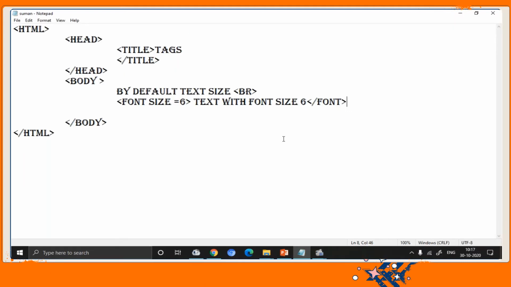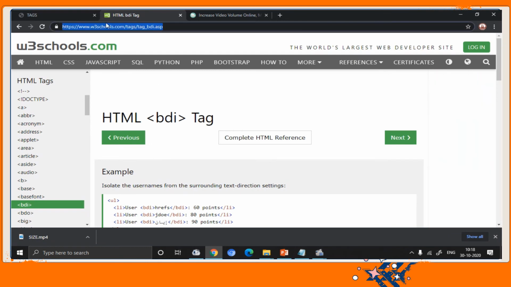To use the color attribute, you just need to simply use that attribute in the font tag, like I'm using color is equals to, in the double quotes write the name of the color, like blue or red or any other color name that you want to use. After this, just save your program and refresh your web page to see the changes. As you can see, now the text is appearing in blue color.